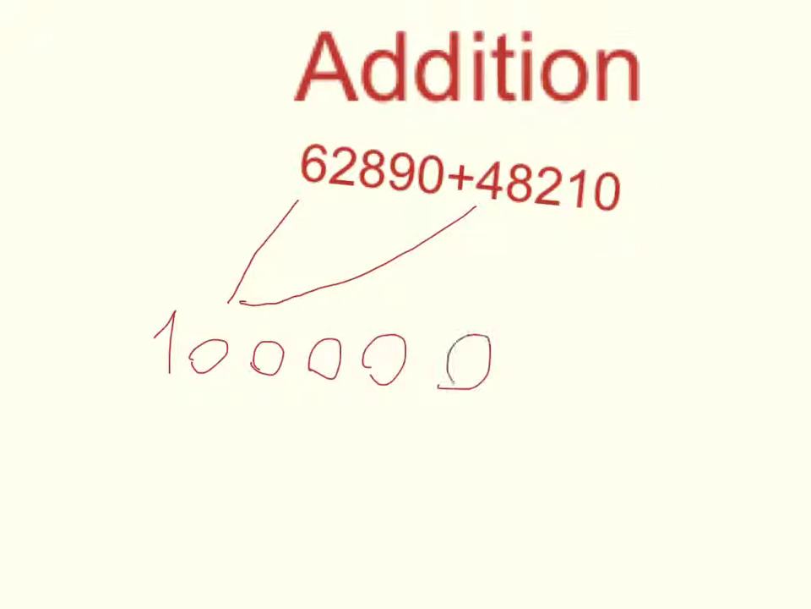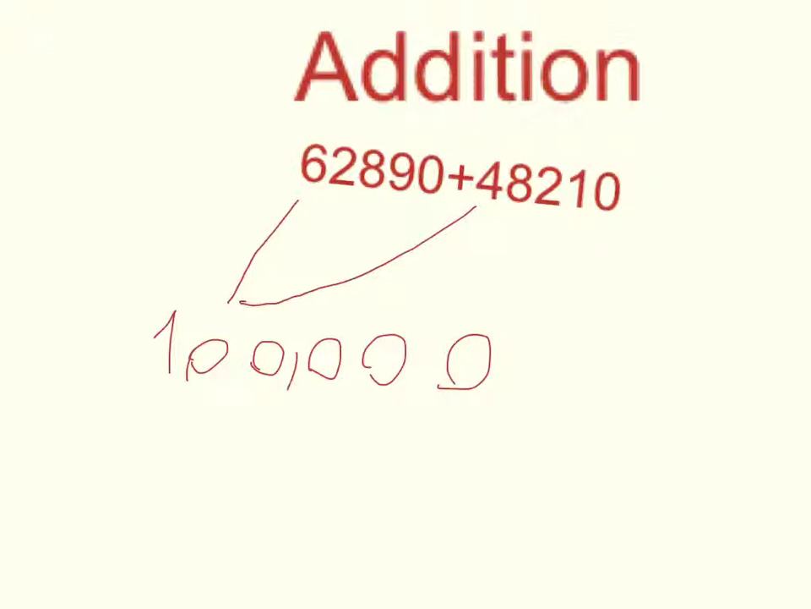Addition. First we'll start off with addition. Let's use the chunking for addition method. 60,000 plus 40,000. 100,000, because if you were to make it